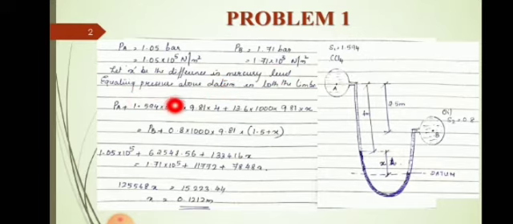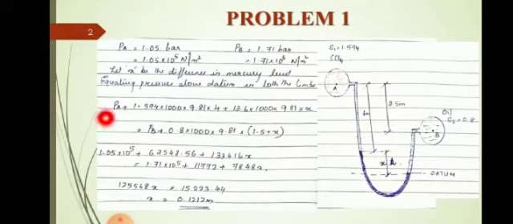Now equating pressure above the datum in both the limbs. So first we will write the pressure above the datum line in the left limb. What all things are there above the datum line in the left limb? So this is the datum line. You have mercury for a height of X, then carbon tetrachloride for a height of 4 meter, then the pressure at the center of the pipe PA.